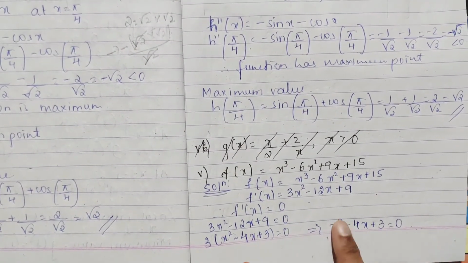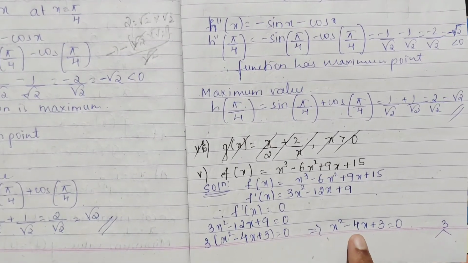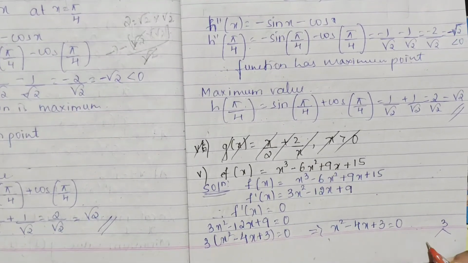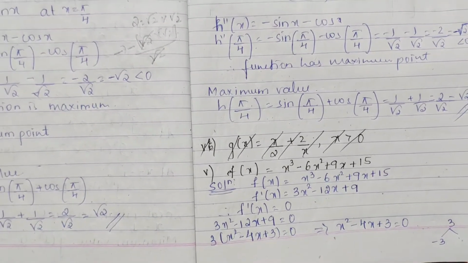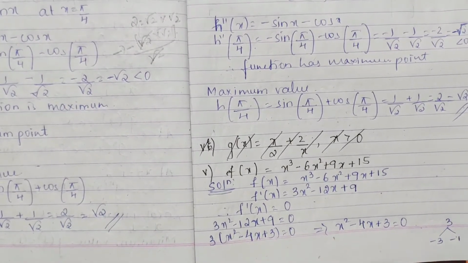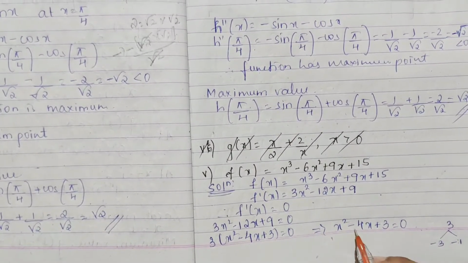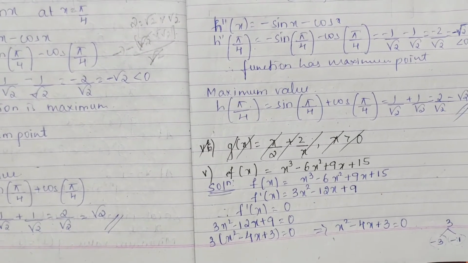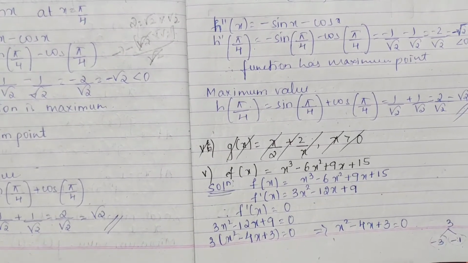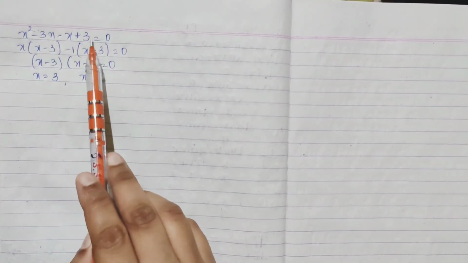So now you can solve your quadratic equation. See, it is 3 and here you should get 4. So you can take minus 3 and minus 1. 3 ones are 3, minus into minus becomes plus, and minus 3 minus 1 you get minus 4. So your factors are minus 3 and minus 1. So factorization: x square minus 3x minus x plus 3 equals 0.